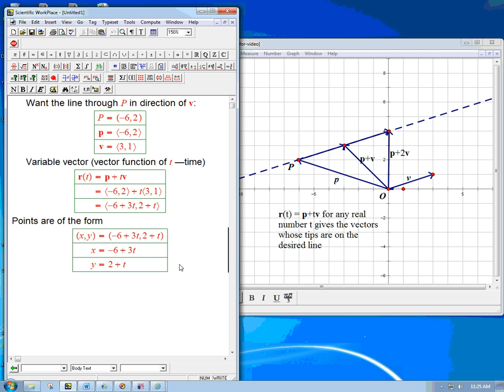Okay. There's one other way to describe this. So the symmetric equations, often we want to eliminate t, and we can do that by first solving for it. T equals x plus 6, move the 6 over and then divide by 3, but it's also equal to y minus 2, and there we go. Just ignore the t. Those are the symmetric equations for the line,